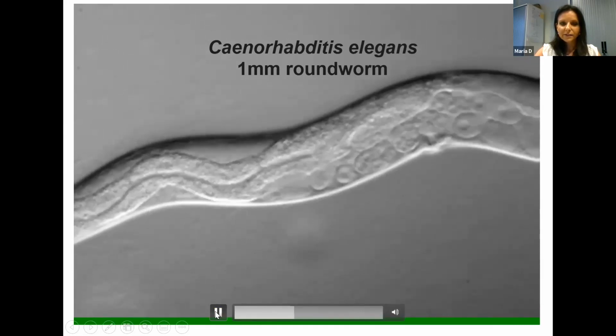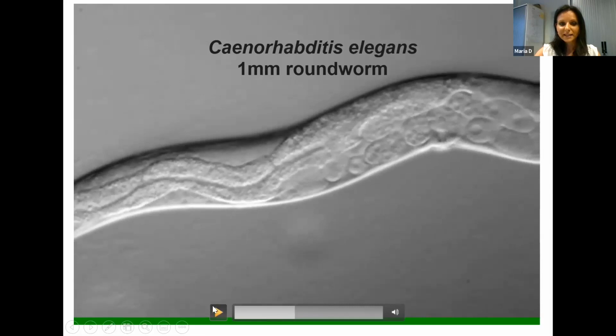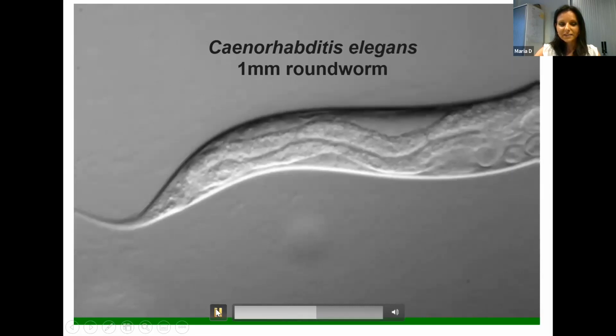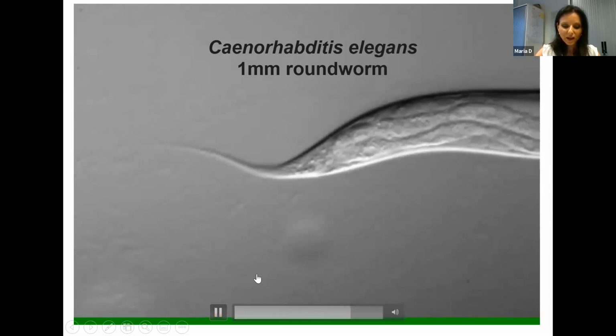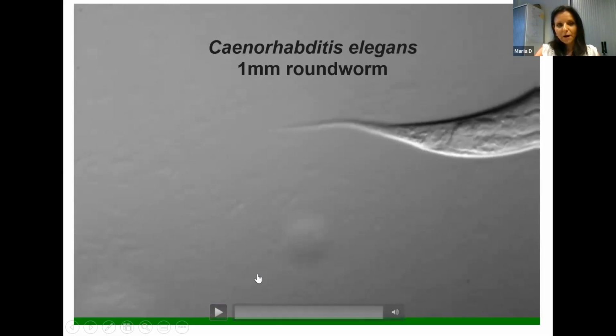And at the end, you are going to see this is the intestine, and this is the tail of the animal. So apart from it being transparent, which is great for us, C. elegans scientists, because it's transparent, we can actually track its development under the microscope. And apart from this, we can actually amend its DNA or its environment,